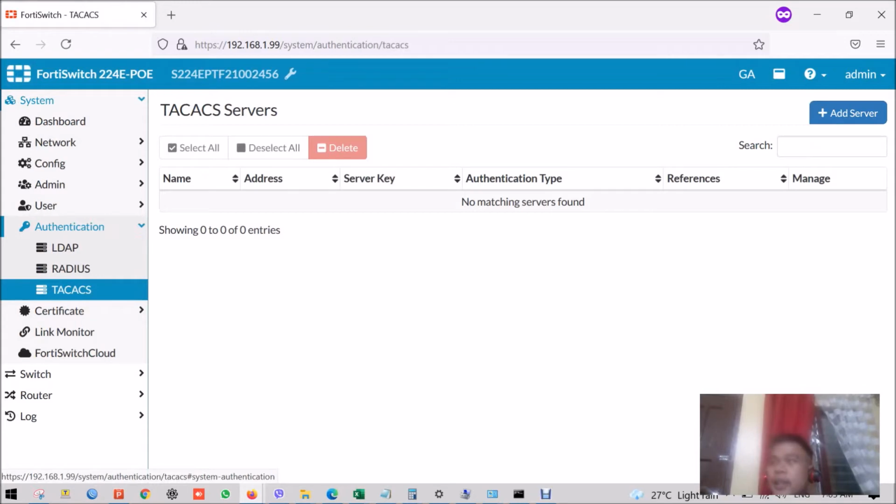Authentication is basically the portion to integrate your switch to your access server. There are a bunch of access servers out there, but on Fortinet we have FortiNAC, or Forti Network Access Center,